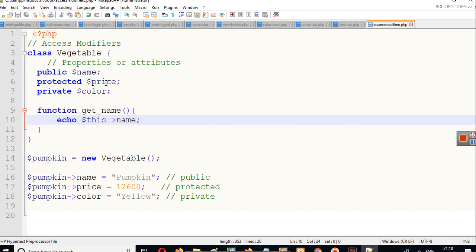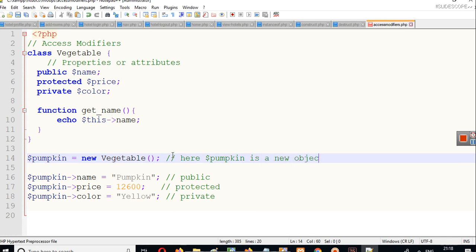and this public attribute can be used by the objects also. Here in line number 14 I have created a new object of the vegetable class, $pumpkin. Let's take an example from the real world.